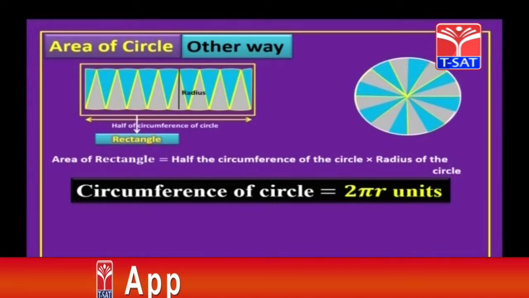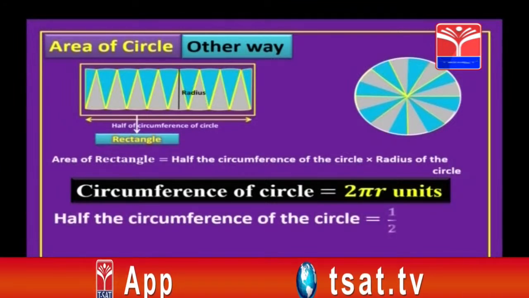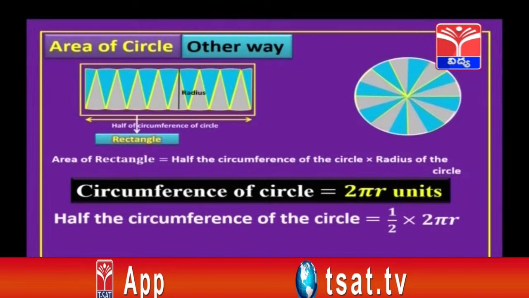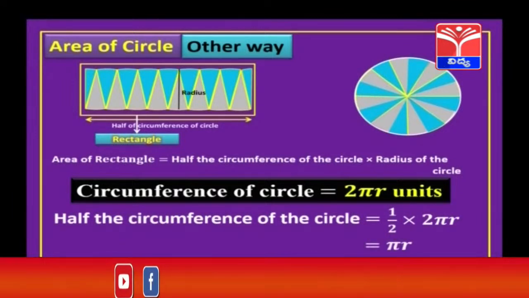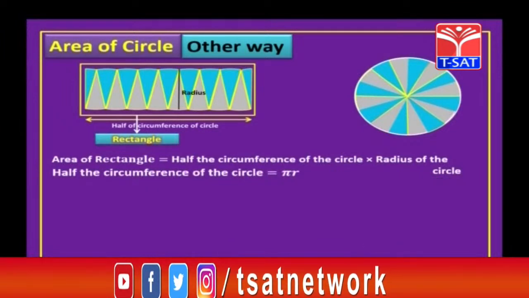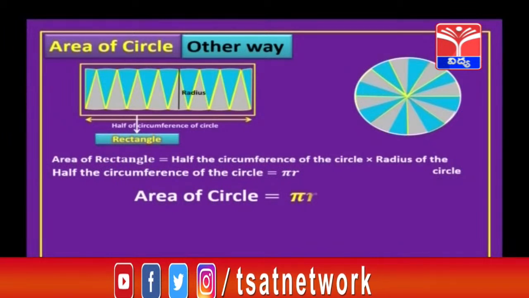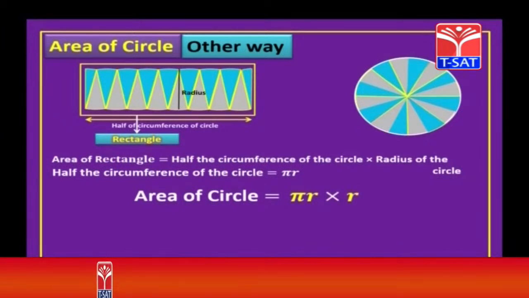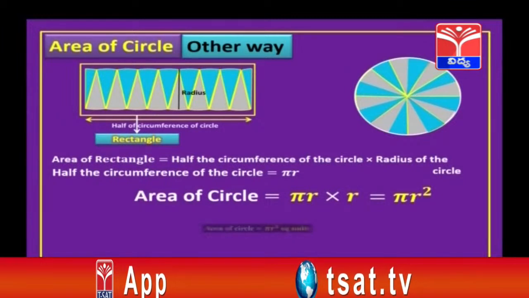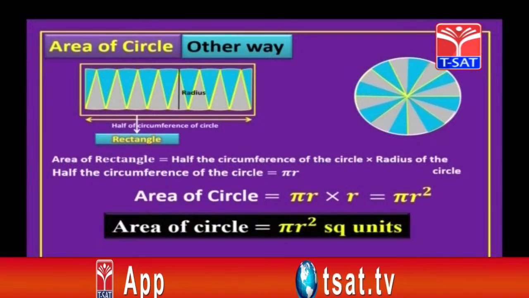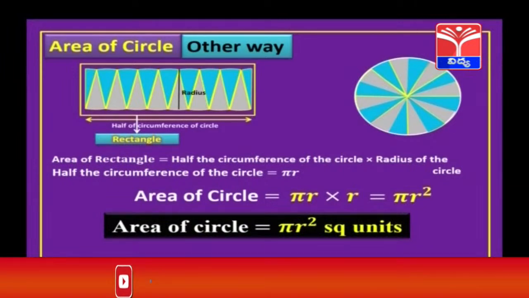Now let us substitute that, children. So we get half of the circumference as half into 2 pi r, and 2 will get cancelled. We get half the circumference of circle as pi r units. So now area of circle will be pi r into r. So r into r gives what, children? Yes, r square. So area of the circle is equal to pi r square units, where r is the radius